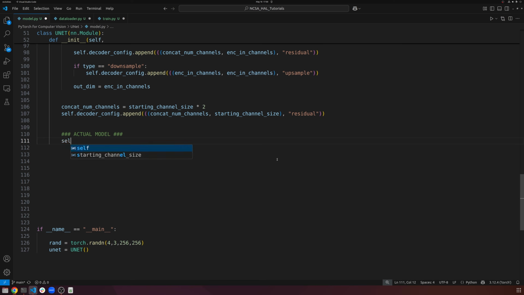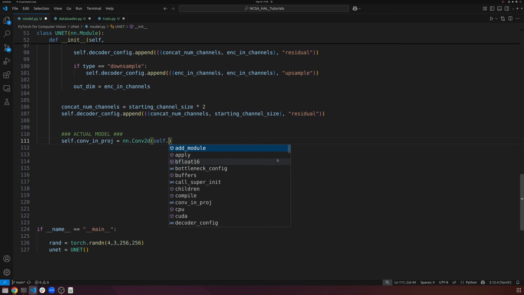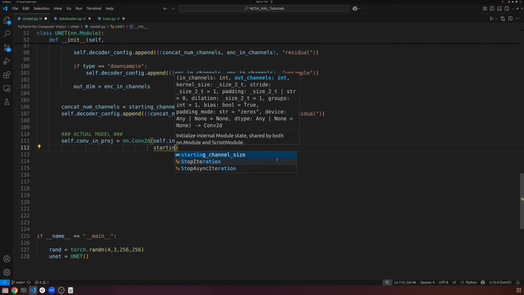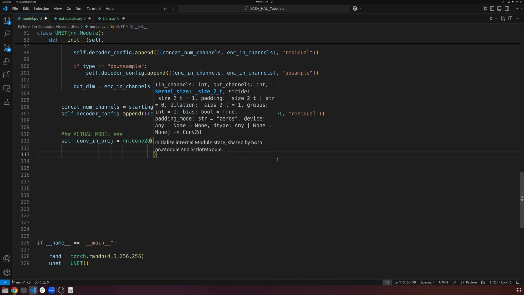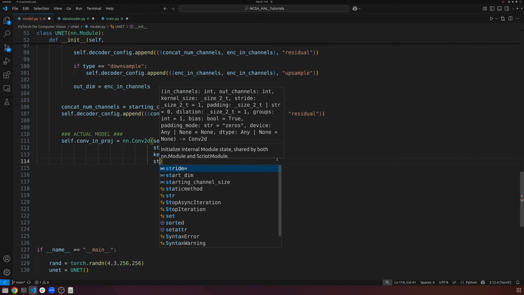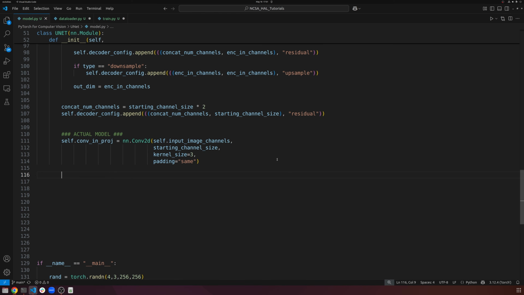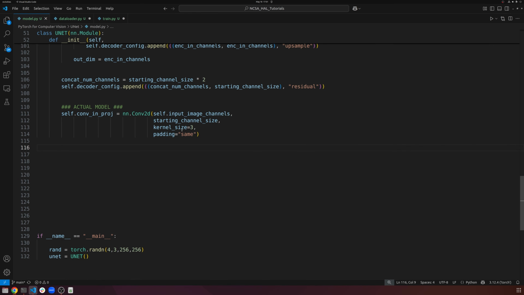So we're going to do self.conv_in_proj, right? It's going to be nn.Conv2d. And it's going to be self.input_image_channels, whatever it was. That's the input. And then there's going to be the starting channel size. So we projected to 64, and we're going to do kernel size of 3, and padding equals same to ensure that we don't change any of the image space, right? We want to keep the image space size, the resolution the same,